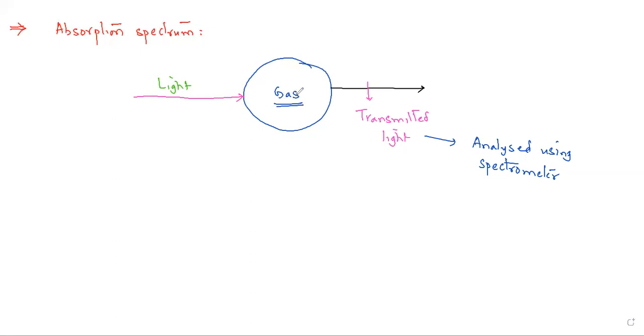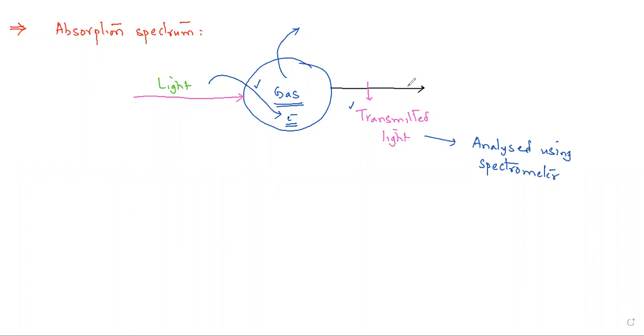No, you cannot, because electrons present in the atoms of the gas just absorb and get excited to higher energy levels. You cannot analyze this portion, but indirectly this can be known by analyzing the transmitted light,